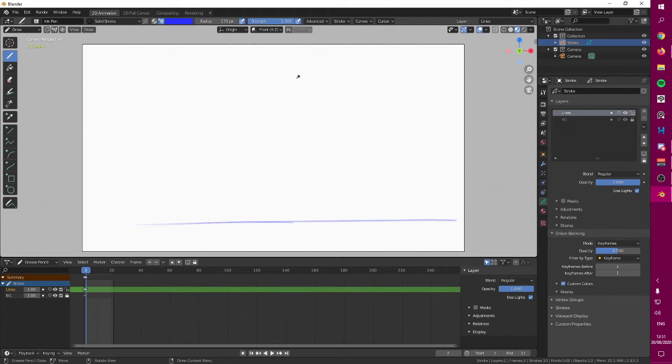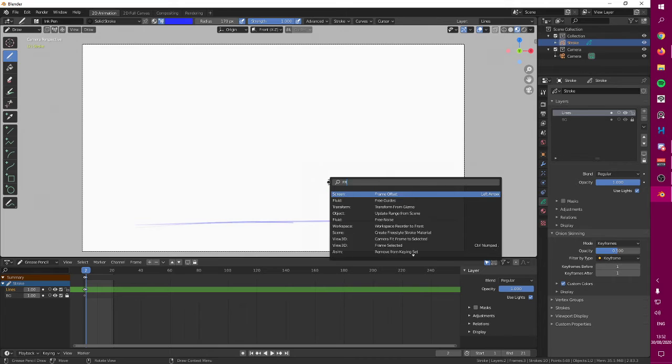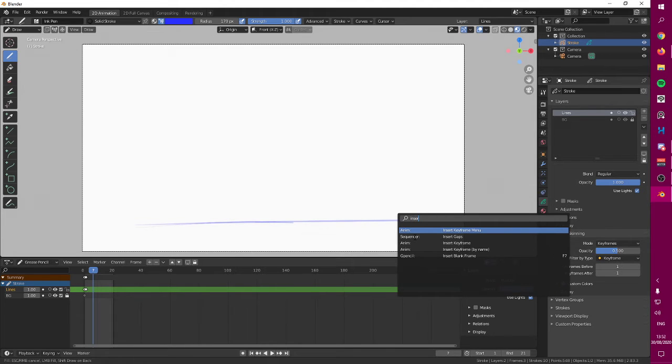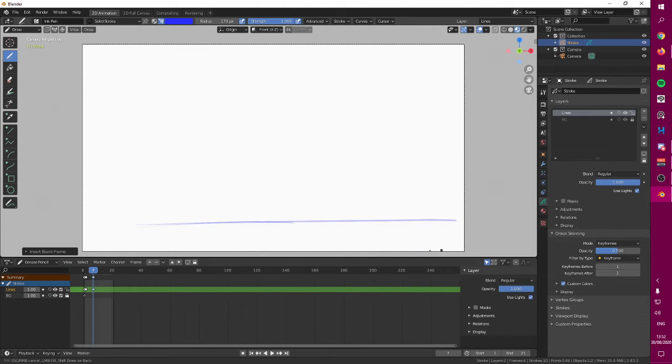I'm going to do a quick dot, and this is going to immediately create a different frame. There's probably a different way to create new frames. I really don't know how to do it. It's probably like, let me use F3, frame or new frame. There it is, insert blank frame. So if I go in here, let me insert blank frame. Oh yeah, and this created a new frame, which for me is bound to the F7 key.